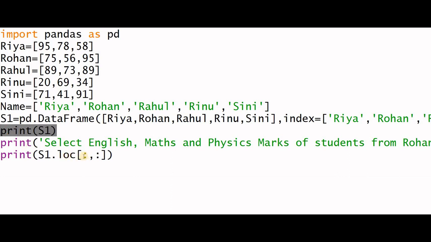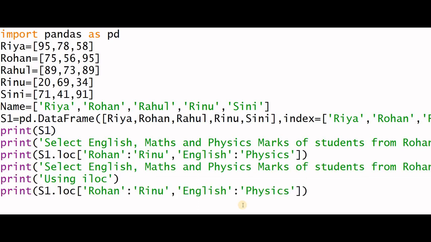And now we can check how the data is printed using ILOC. In ILOC, instead of Rohan, here we are giving the row index 0, 1. Here is a difference: when you are giving the row index 0, 1, 2, 3, Renu is 3.